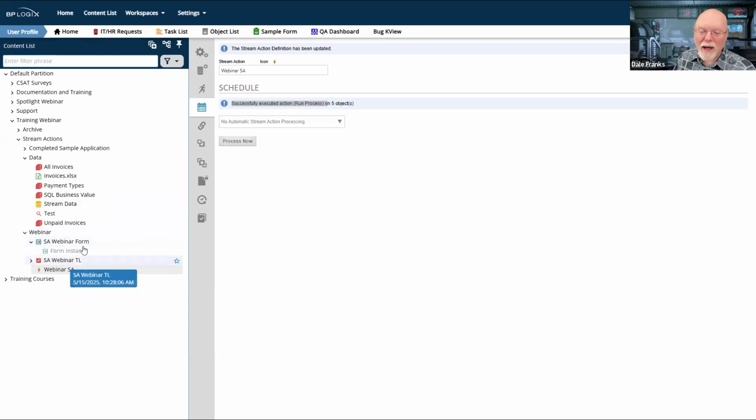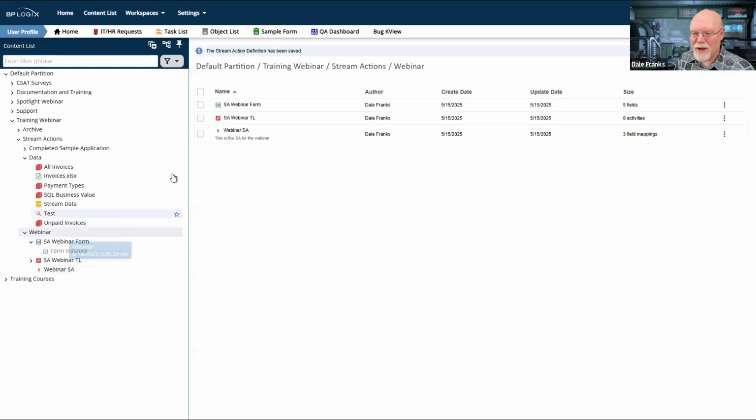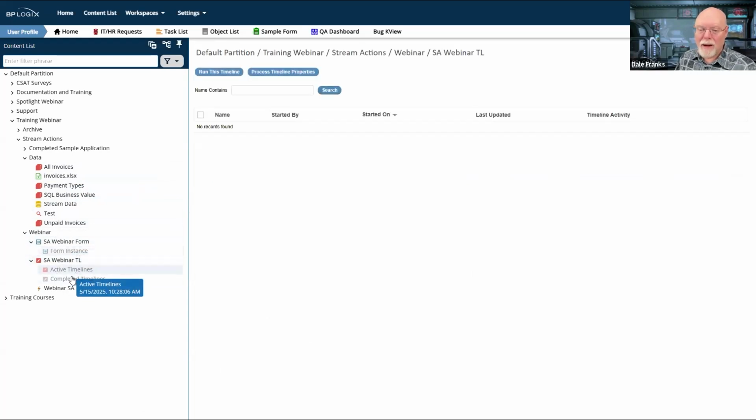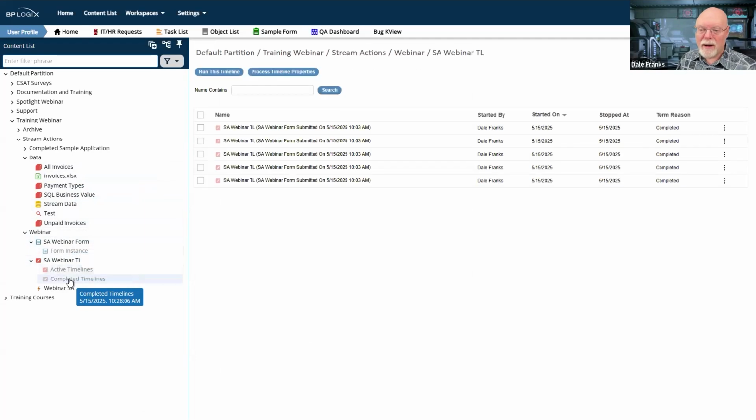What I think we did, let me hit OK just to be sure everything is saved, is that we created 5 form instances and my process didn't actually do anything. So I should have no active timelines, but I should have 5 completed timelines because my timeline currently has no timeline activities.